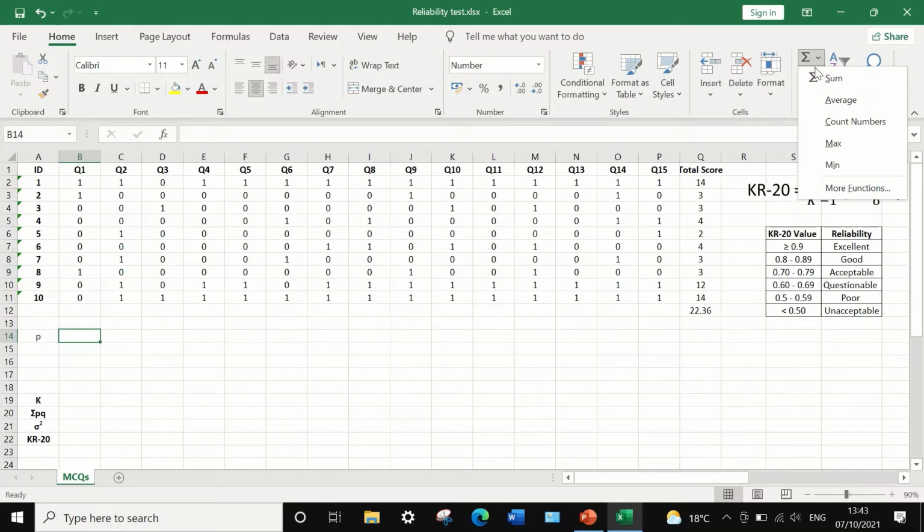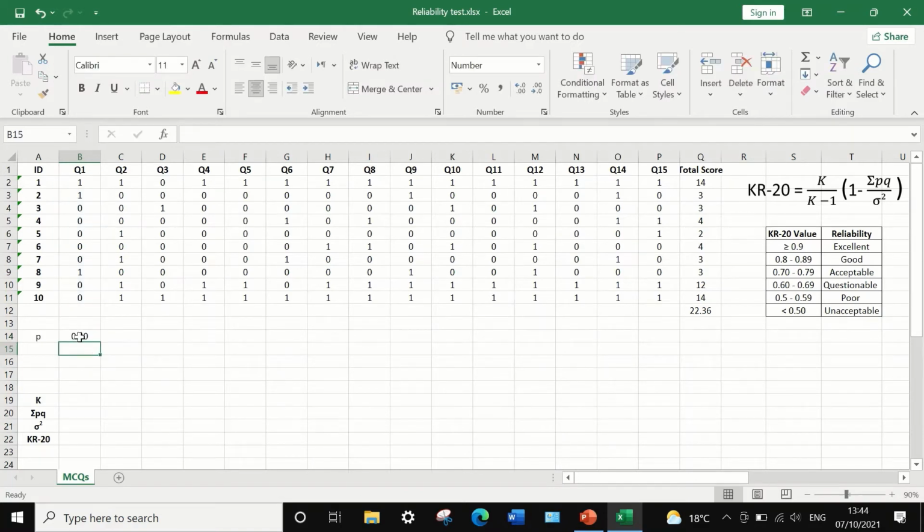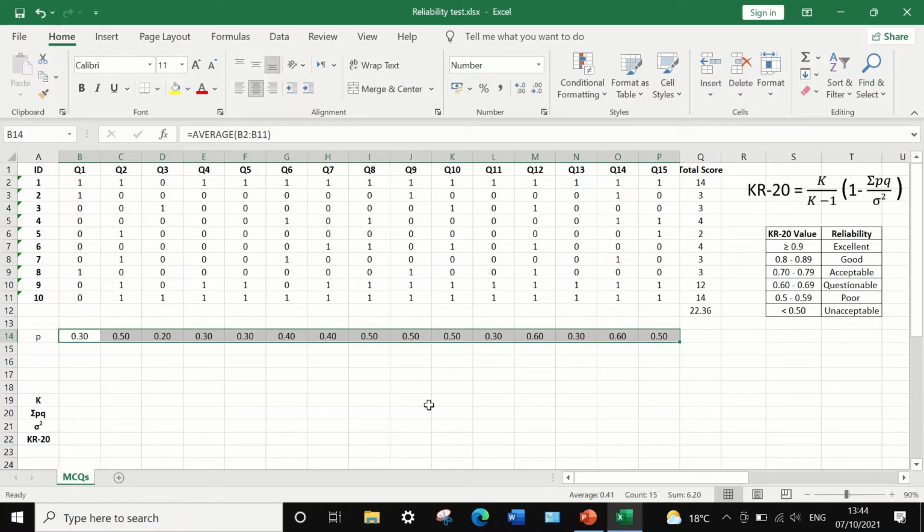If we click on the symbol here and select average, which represents the mean, and select the range of the data, the scores for question number 1, and click on enter, a P proportion value is generated for the first question, showing 0.3, as 3 correct answers divided by 10 equals 0.3. To calculate the P value for the rest of the questions, select the cell here, hold, drag to auto calculate and auto fill the